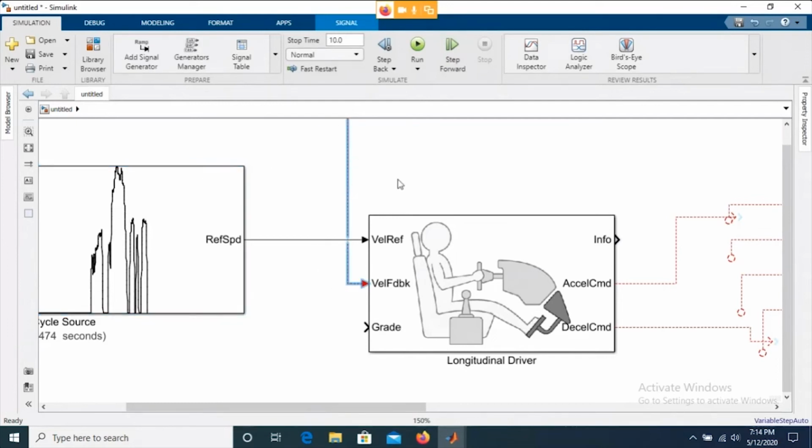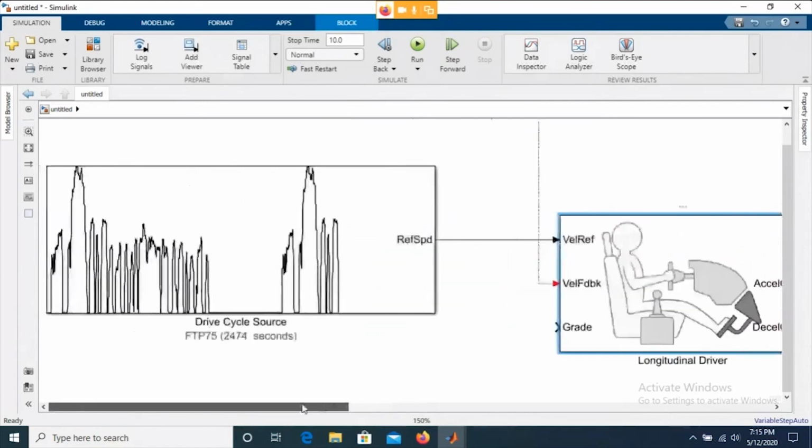The difference between the actual speed and the set point is calculated as error by this driver model, and that error is minimized such that it provides the acceleration command or brake command. This is exactly how the driver works, and this is exactly how you told your friend to follow the speed.